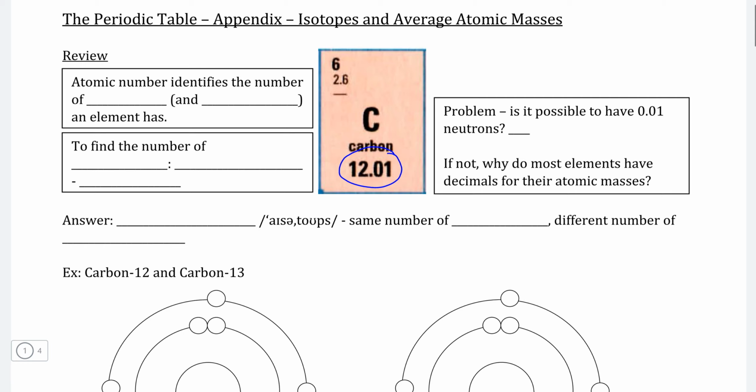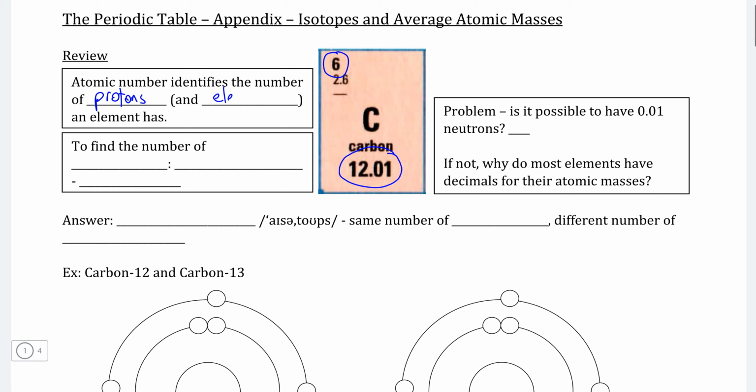In this video, we're going to be answering one of the concerns that many students had when we did a review about the significance of atomic mass. So if we do a little bit of a review of the significance of all of the numbers in carbon's elemental data, we start obviously with the atomic number, which is the number that we use to identify the number of protons an element has, and also, therefore, the number of electrons that the element has before it forms an